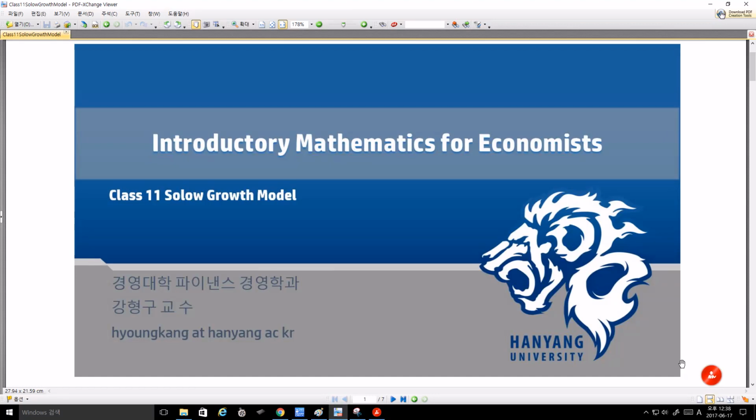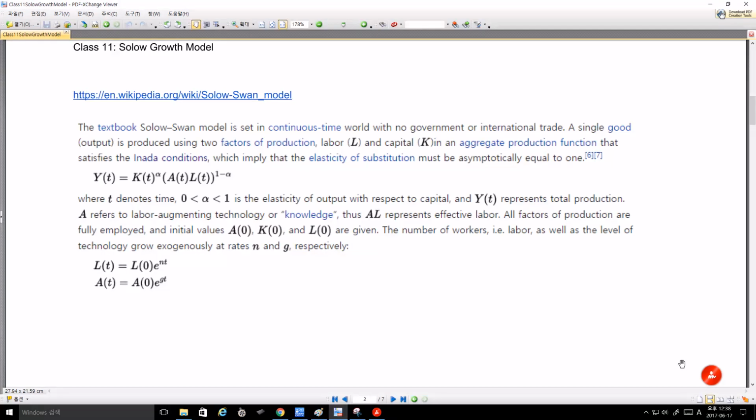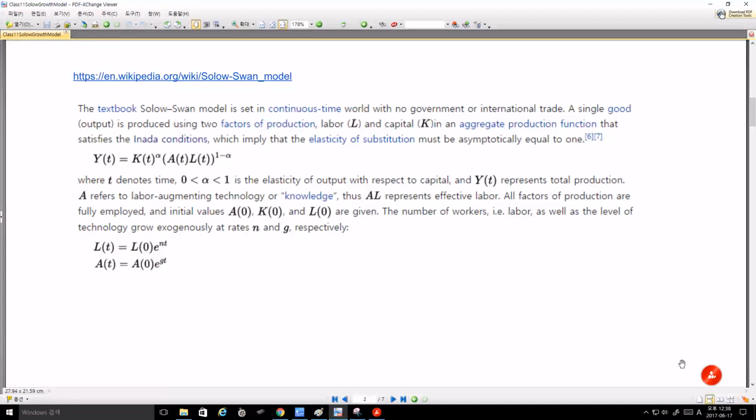Class 11, Solow growth model. The textbook Solow growth model is set in a continuous time